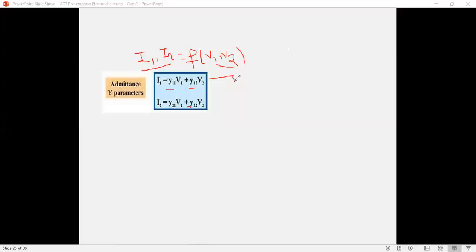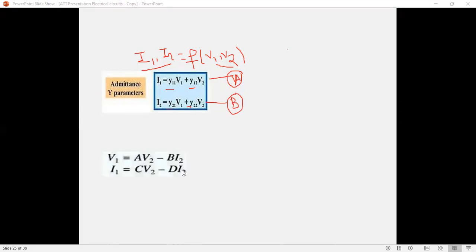हे दोन जे आहेत, it is the standard equation. This theory we have already discussed in our network analysis subject. Already we have done the discussion regarding that. So this is the standard equation of the Y parameter. Then the next one,